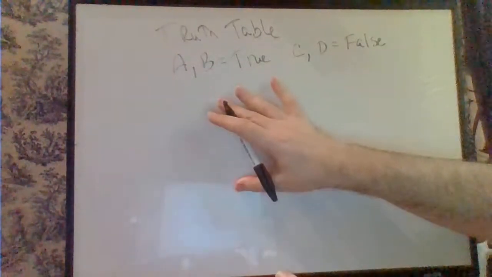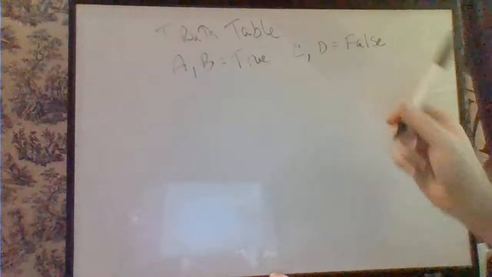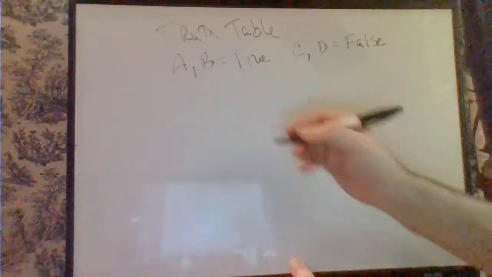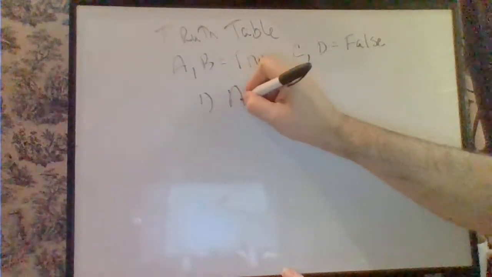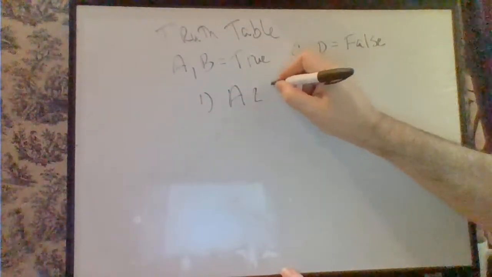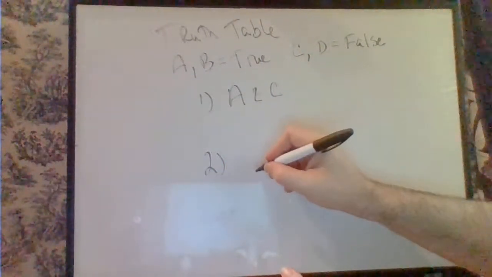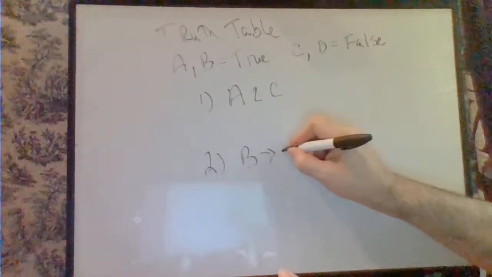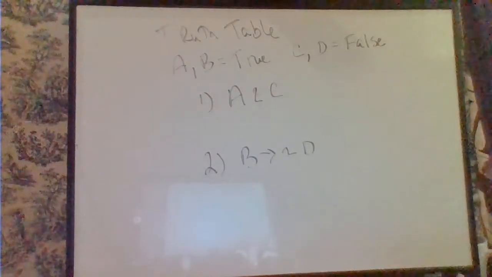But for the purposes of explanation on the board here, A and B should be considered true, C and D should be considered false. All right, so let's just take a couple simple statements here. Okay, so the first one,